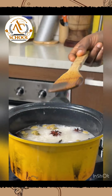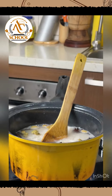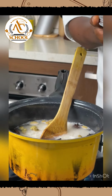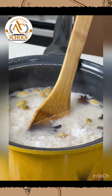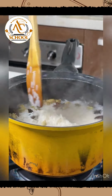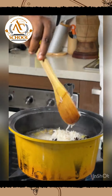Alright, so we add a little bit of our salt. Very, very little salt, because we don't want the power of the salt to overshadow the natural taste of the rice. So I'm adding very little salt. And then I'll stir together. Now you can see that the star anise is already like, you know, it's...